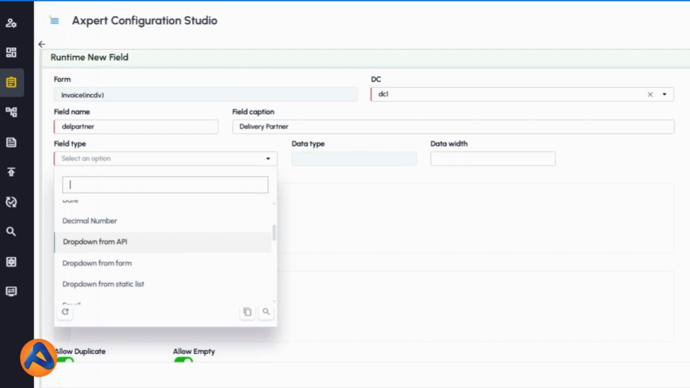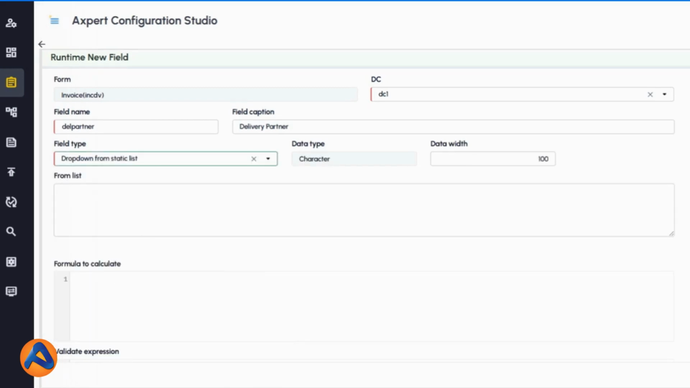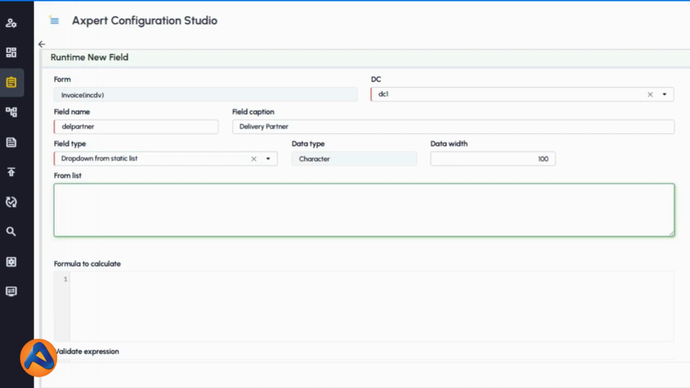Now let's take drop down from a static list. Now I'll give the list as a comma separated list. So the static list could be something like this. Now let's say I have got FedEx, Blue Dart, and then I have On Dot, and then India Post,